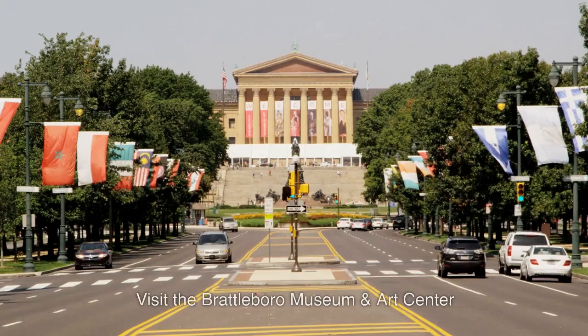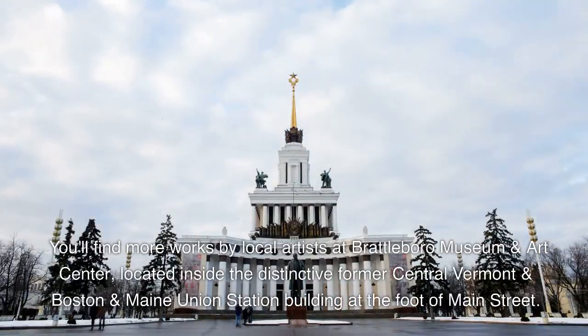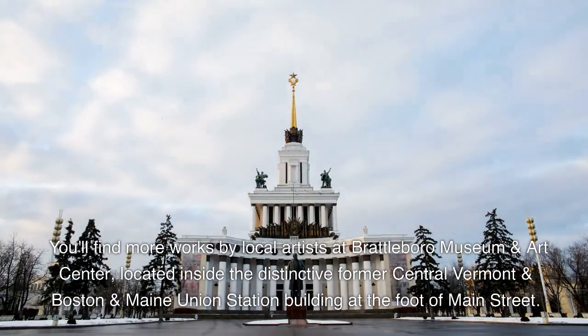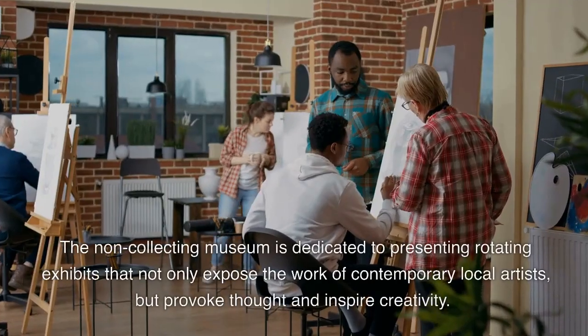4. Visit the Brattleboro Museum and Art Center. You'll find more works by local artists at the Brattleboro Museum and Art Center, located inside the distinctive former Central Vermont and Boston and Maine Union Station building at the foot of Main Street. The non-collecting museum is